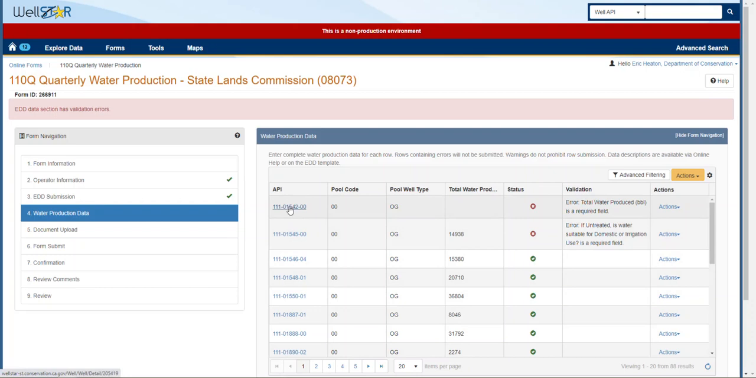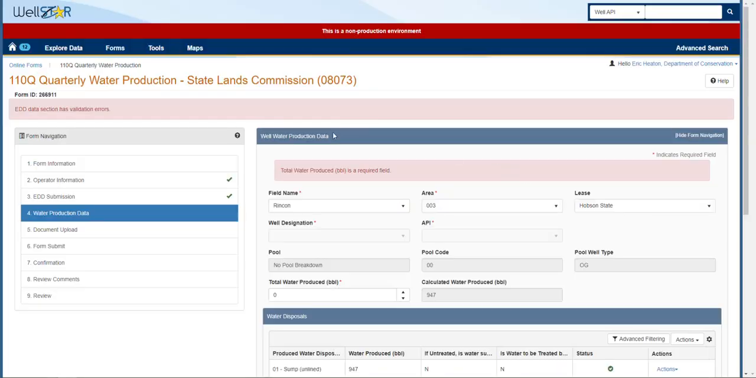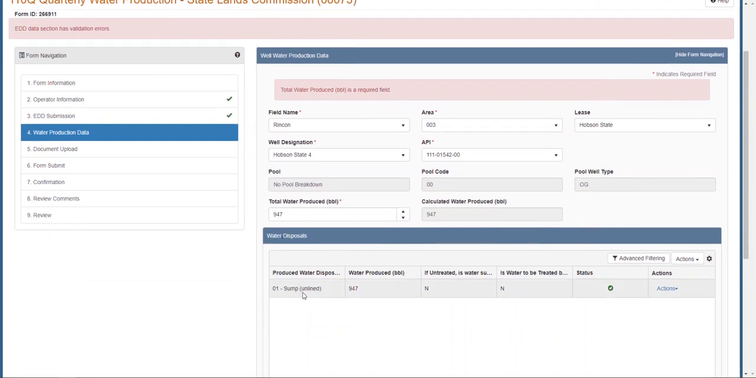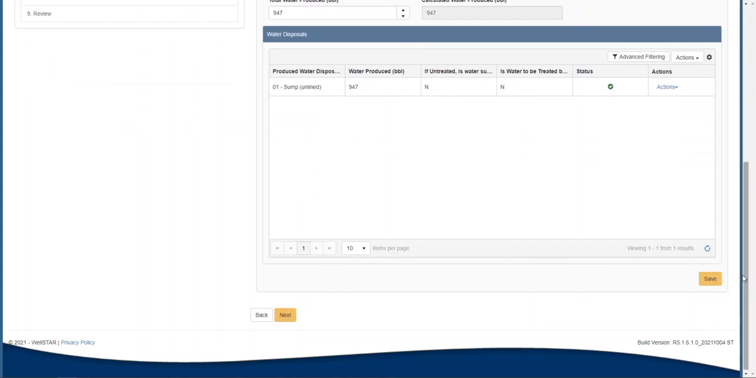To edit any of this information, we can see here on the right that the error is the total water produced. We can edit this by clicking Actions, Edit Well. And that will bring us to the page in which we notice that the total water produced is actually equal to 0 when it should be 497. We can input that information, and if we scroll down, we can see the water disposals has been filled out and is correct. Save this data,